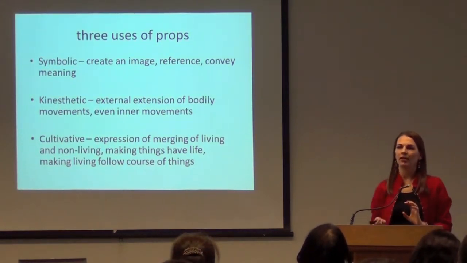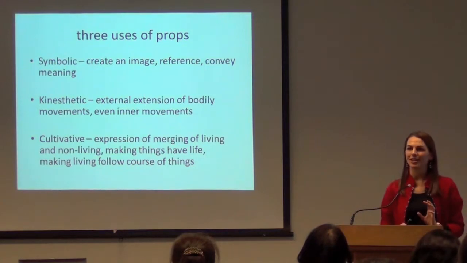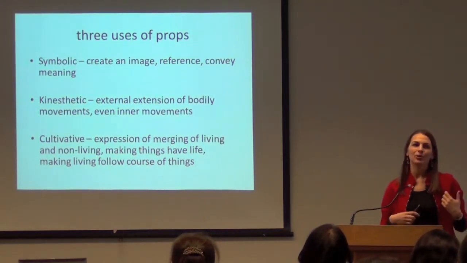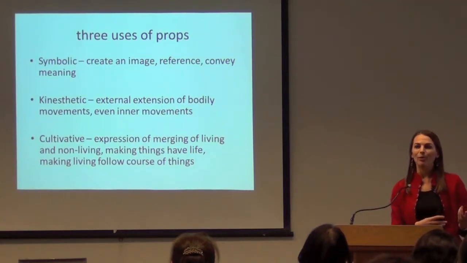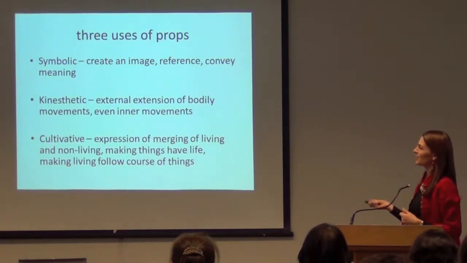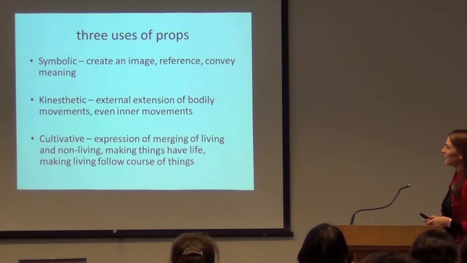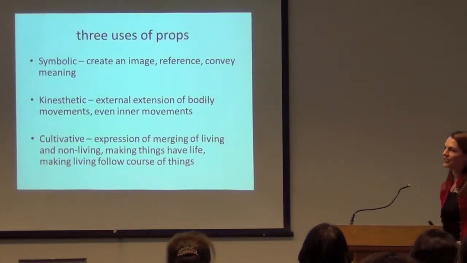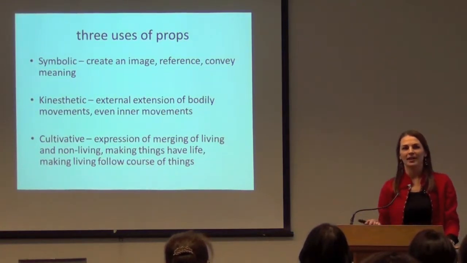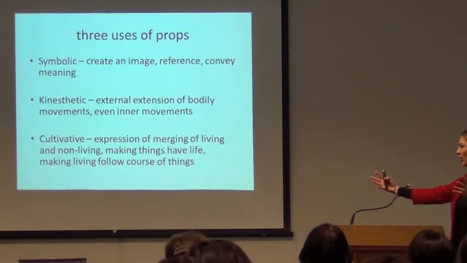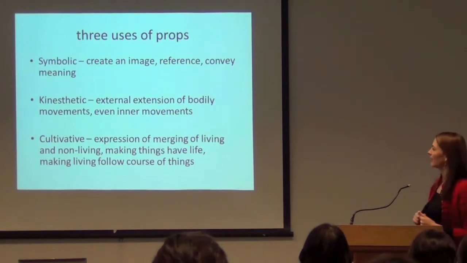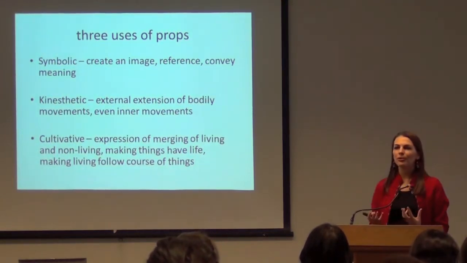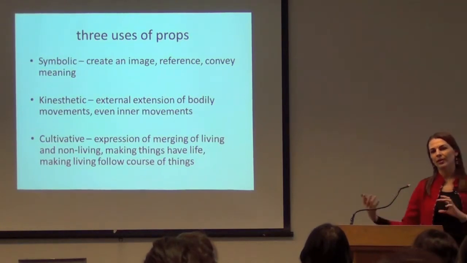She's drawing oftentimes on qiqu performance, Chinese opera performance, what Joshua Goldstein was talking about earlier, that with the sleeve, you can convey an emotion. So that's an extension of this kinesthetic, but also emotional type of expression. In Chinese, it might be called a Weiqiu or Weizai, something that takes the body and makes it larger than life. But then there's this final dimension, which is that through this process of learning to work with an object,